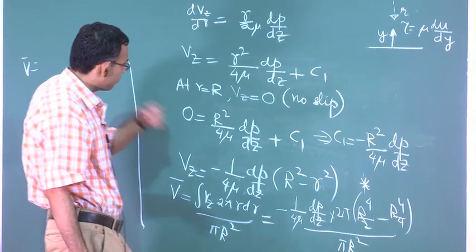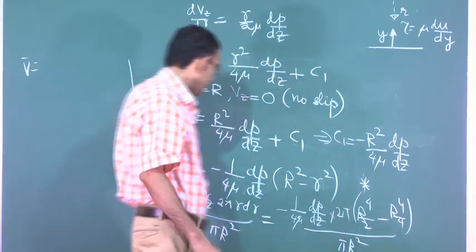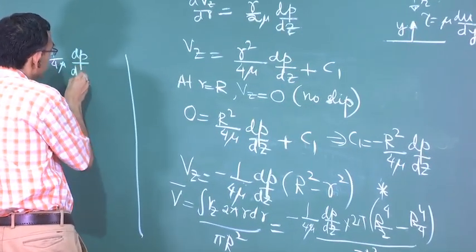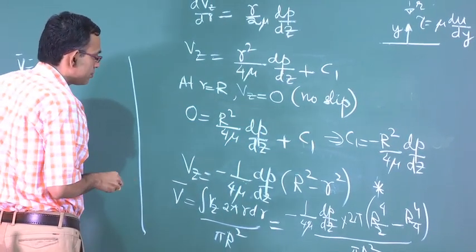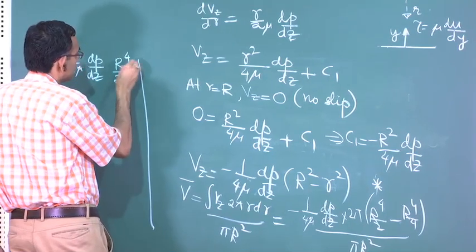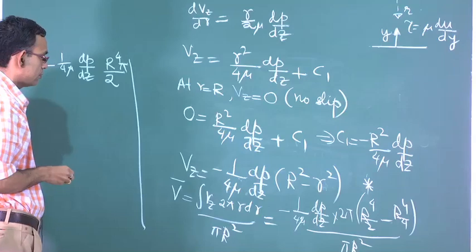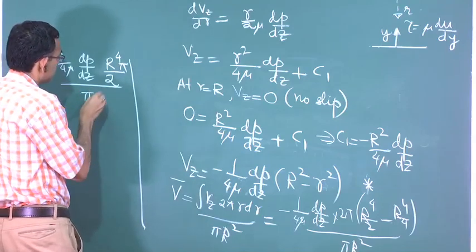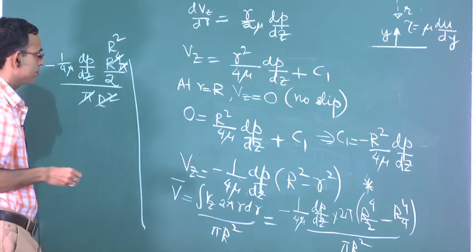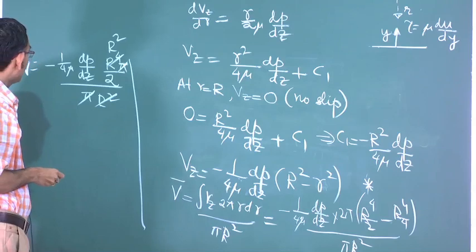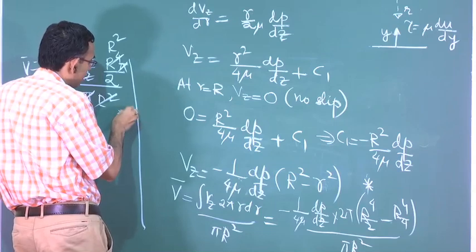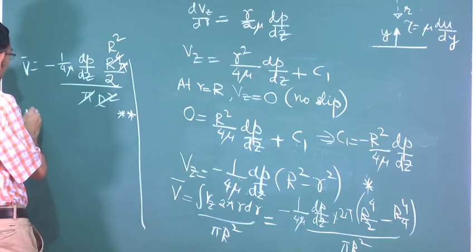So, R 4 by 4 into 2 pi, so that becomes minus 1 by 4 mu dp dz into, so pi gets cancelled, this becomes r square. So, by considering equation star and equation double star, you can write